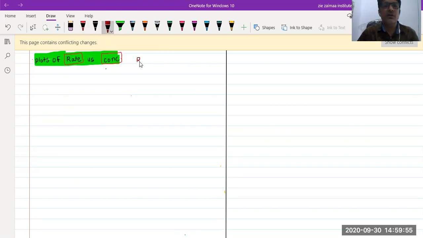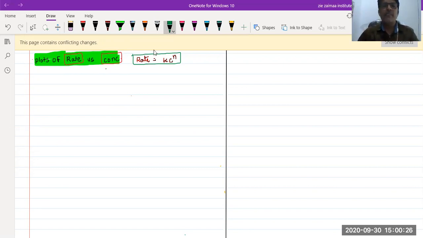Generally we know the rate. So what is that rate? Rate R is equal to K C power n, meaning the power of the concentration term of that reactant, isn't it? So we can write the rate like this. Otherwise, as I already explained in the previous topic, rate is nothing but minus dc by dt, which can also be written. So now we need to draw the plots between the rate and the concentration for the zero order, first order, second order and third order.